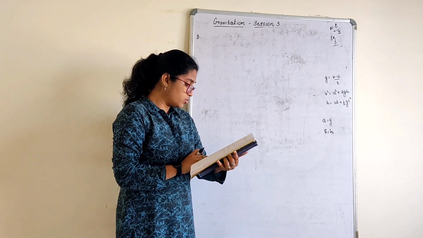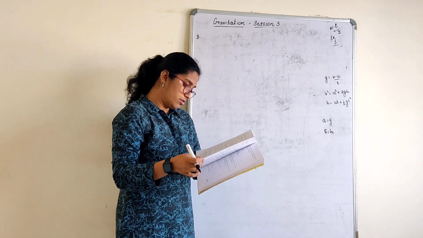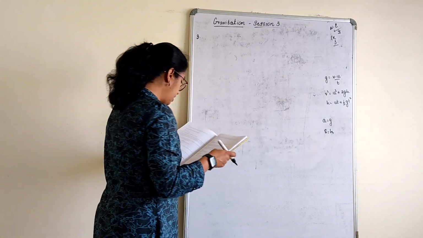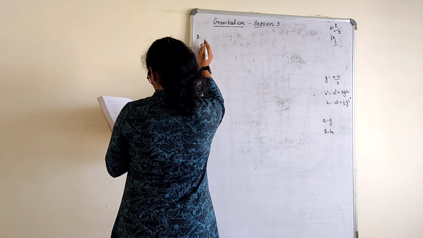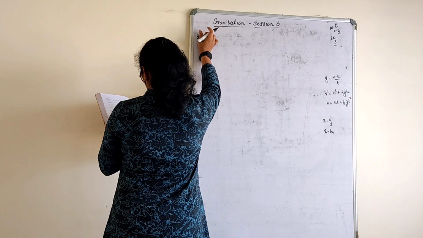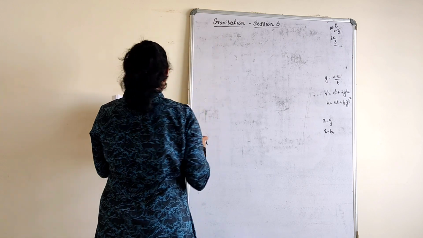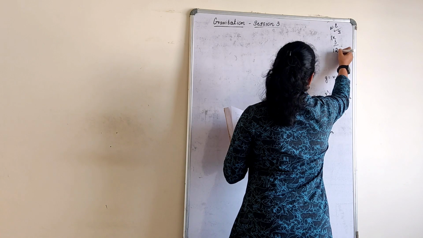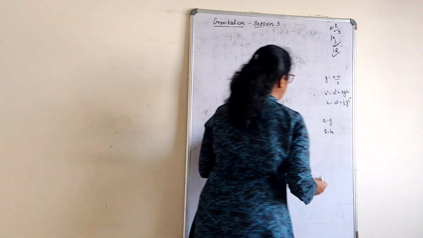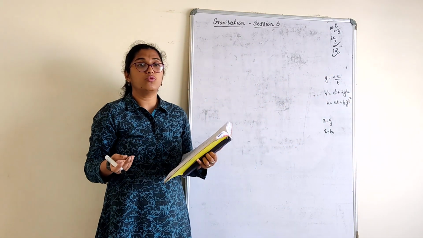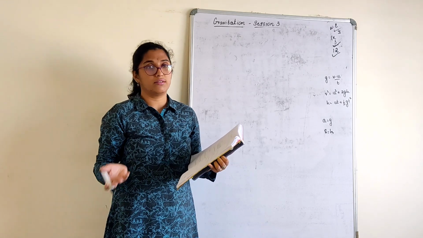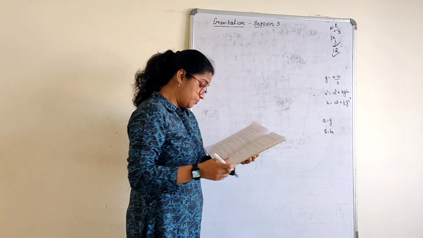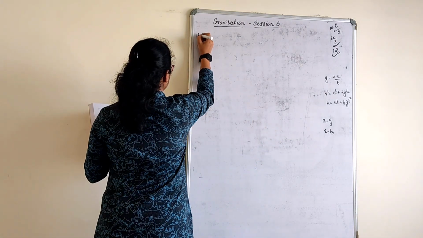So the next one we will go for question number 12. Gravitational force, similar to the one we have done again. 12th one please mark for homework. 12th one is with respect to weight of the object on moon and weight of the object on earth. You know how to correlate them and find out.